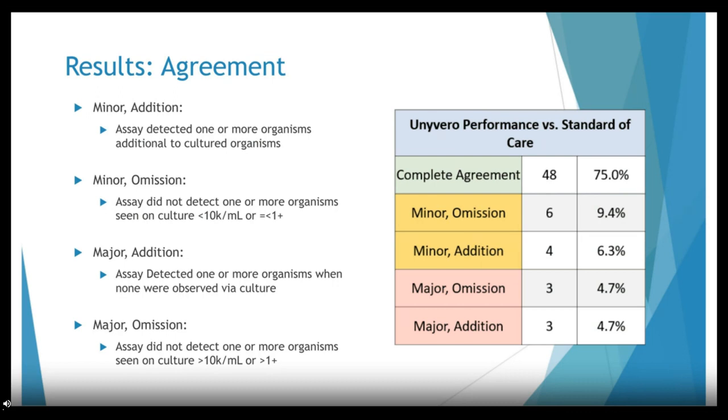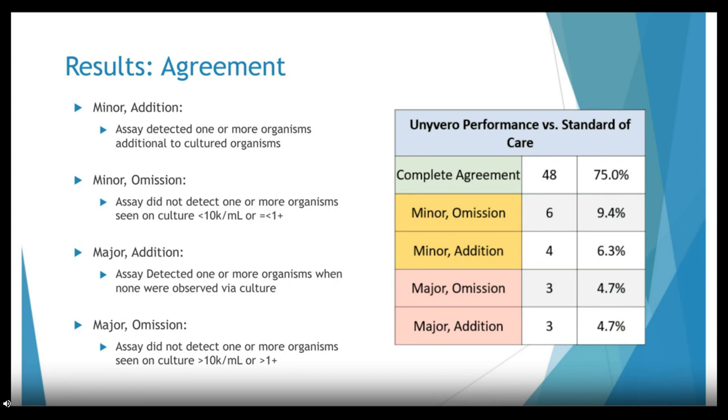The way that we quantify our cultures is important. So, if we see 1,000 colonies, that may only be, 1,000 CFU per ml, that may only be actually 1 colony on a plate. So not many colonies whatsoever. We also quantify by quadrant of growth, so being 1 plus, 2 plus, 3 plus, 1 plus being relatively little growth here. So when we did make this comparison, though, we did see a large amount of complete agreement,